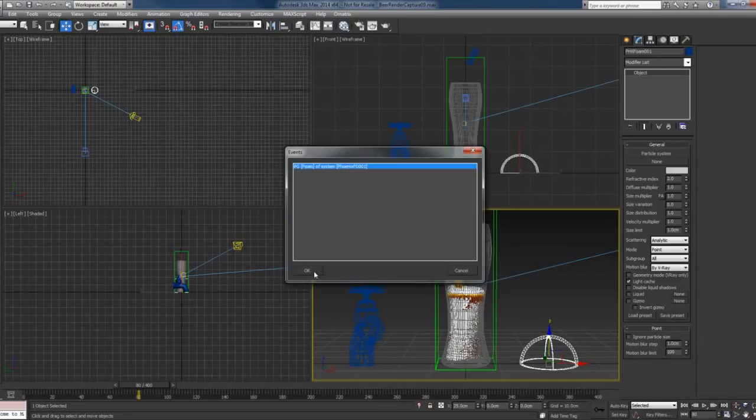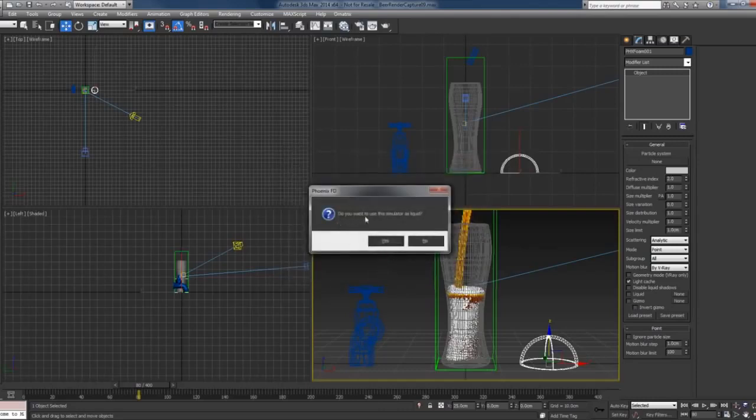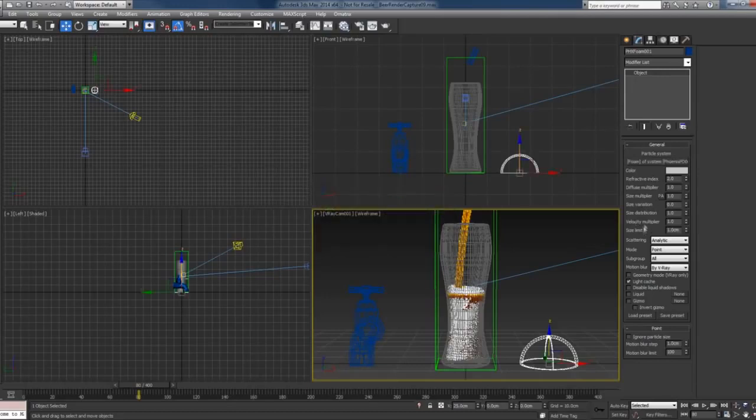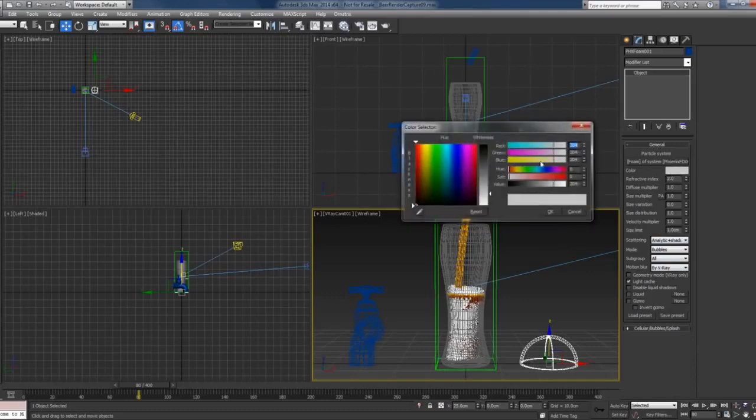the foam and press OK, and it will ask if you want to use the simulator as liquid, so I'll just hit yes, and I want to render the particles not as points but as bubbles, so I'll set the mode to bubbles, and I'll set the scattering to analytic plus shadows. I'll give the bubbles a slightly yellowish color,